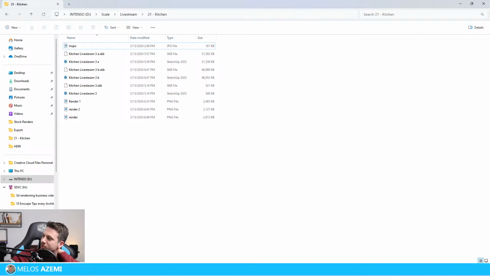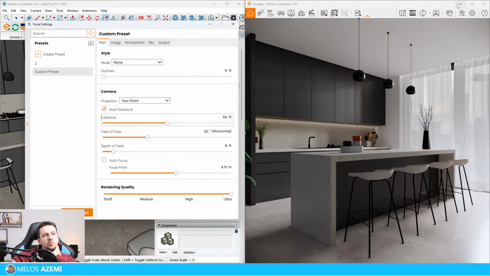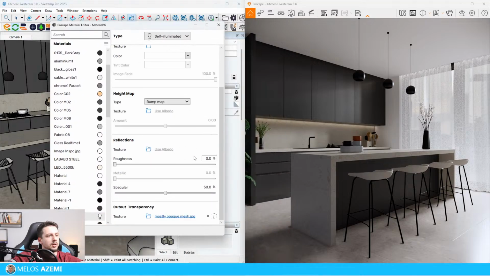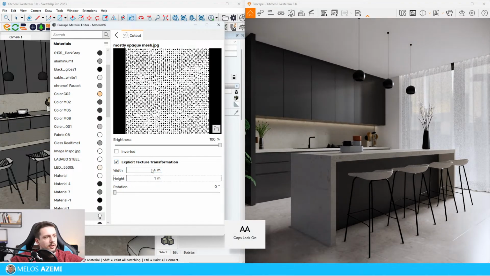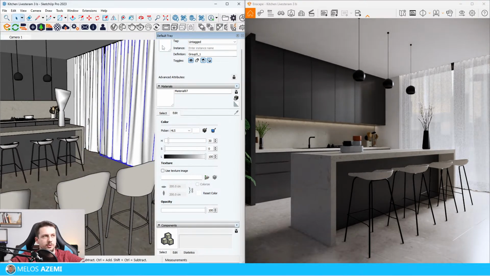Let me know what you think of, can you make these curtains more transparent? I haven't managed that the right way and still look realistic. You mean being even more transparent? One of the ways that I can think of is if you go to the Enscape material library and choose curtains, you can increase the texture transformation, and then you can have bigger gaps, maybe even bigger. I mean, this doesn't look super realistic, but you get my idea. Maybe even making them foliage. Some people suggest that. I find it a bit frustrating with the lighting when you make it as foliage. However,